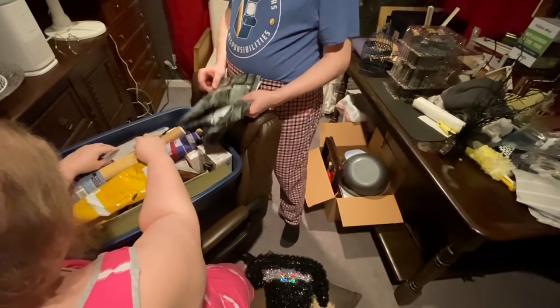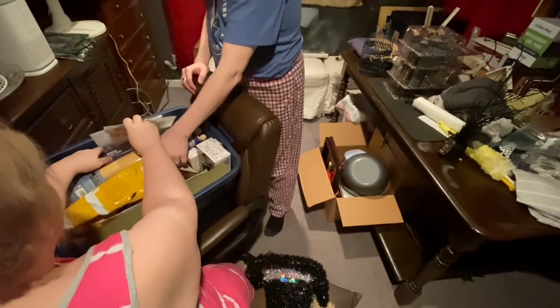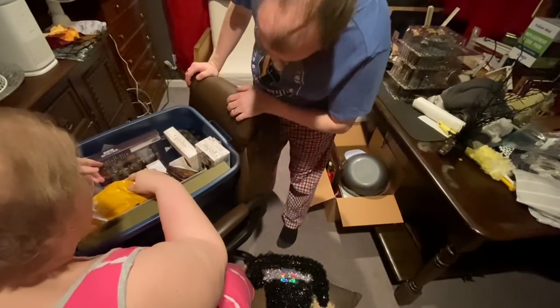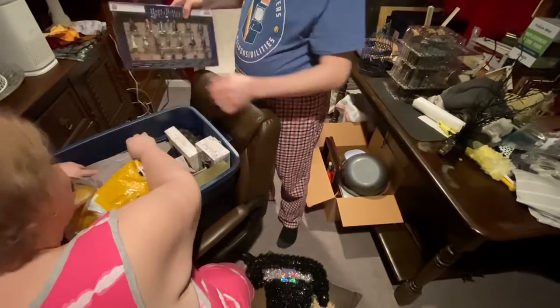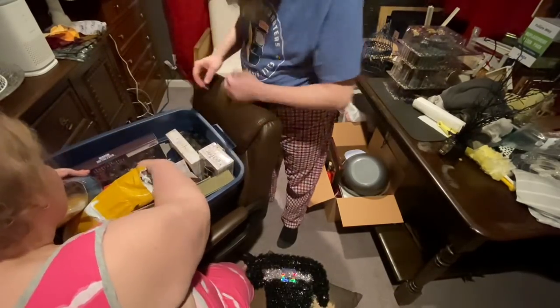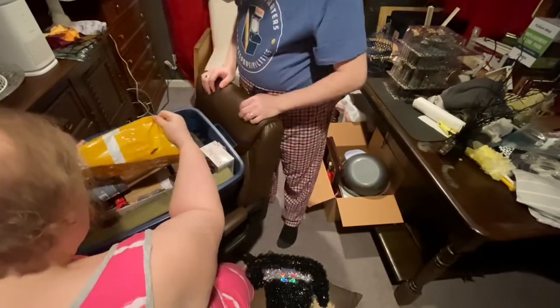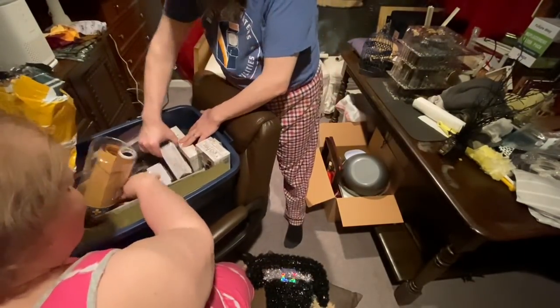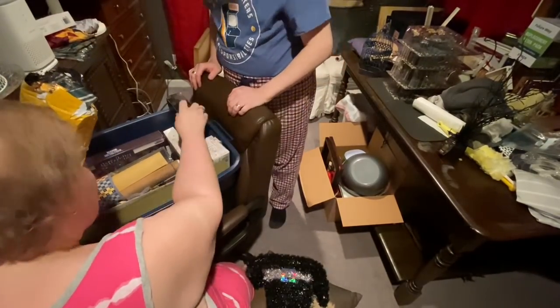There are a few more things in the other box that I'm going to go through on my bed here in a minute. But what he found here that he really wanted to use are the house banners that I got that were on everybody's doors. There is some plastic that looks like castle walls that my sister hung up for backdrops and everywhere. He's going to use that. He's going to take